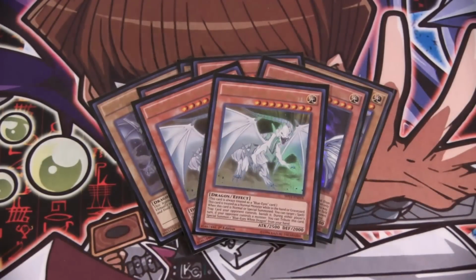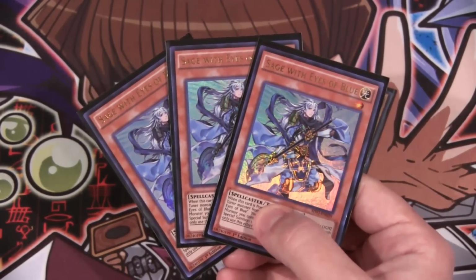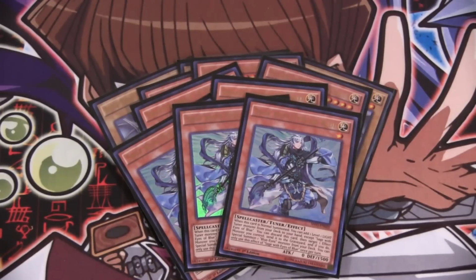So then of course, next up we have our 3 Sage with Eyes of Blue. This card is amazing for Blue Eyes. It's another one of the newer cards, probably the priciest card in this deck too right now. Anyway, it is a level 1 tuner monster, so it helps you out with bringing the synchros, and then not only that, it's another way to bring out Blue Eyes even easier because you can get rid of an effect